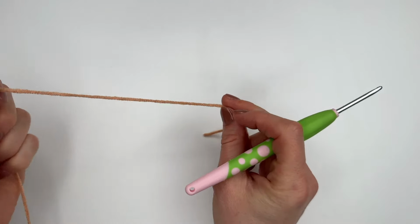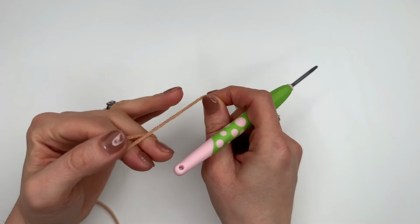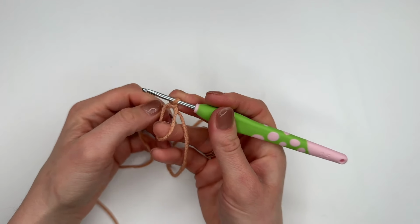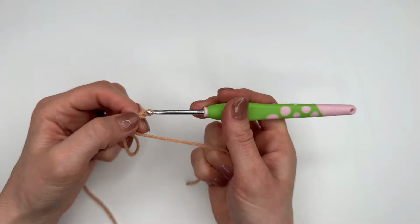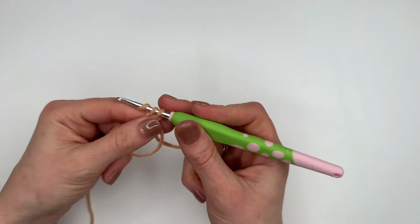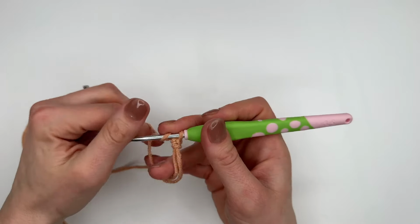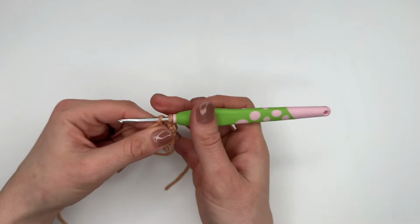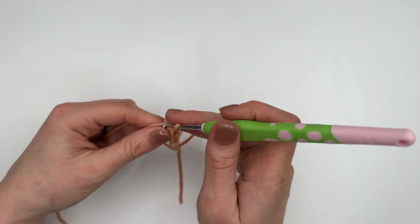If you want to, we can now create a little tail for the bunny. So we're going to make a magic ring, and I'm doing it in my contrast yarn, but you can do it in whichever colour that you like. Make a magic ring and chain one, and then we're going to work 4 single crochet into that magic ring. So just as we began the body, that's 2, 3 and 4,